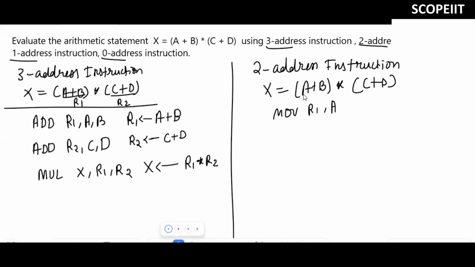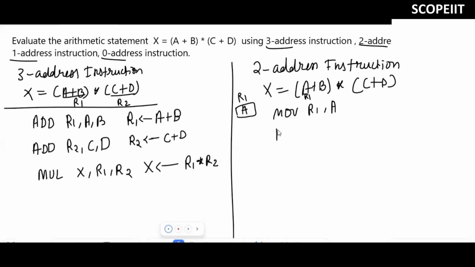So A value I have stored in which register now? R1. Now what I'll do, I'll add B value to R1 only. So move R1 comma A: in register R1 it will store the value of A, right?